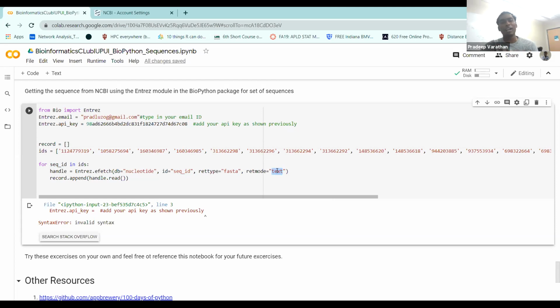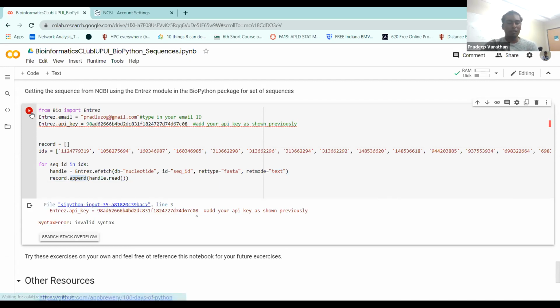You can have it as a regular sequence file or a text file. And record is basically an empty list over here, which we're going to keep adding data to using a simple function called append. It basically keeps adding to the list. And once you run it, I'm hoping